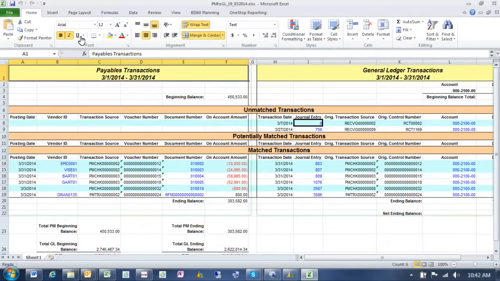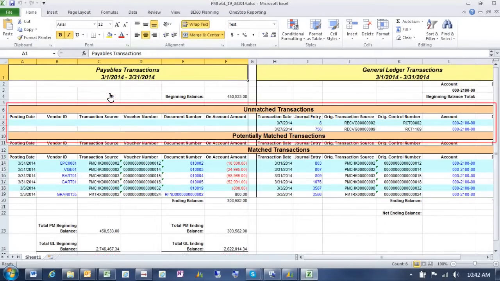The Excel worksheet includes a side-by-side comparison of the general ledger and the appropriate subledger. The Excel report is divided into three areas: unmatched transactions where Microsoft Dynamics GP was unable to find a corresponding matching transaction, potentially matched transactions, an area reserved for transactions with a partial match, and matched transactions. This design automatically identifies discrepancies between the general ledger and subledgers, helping to significantly reduce time spent on the reconciliation